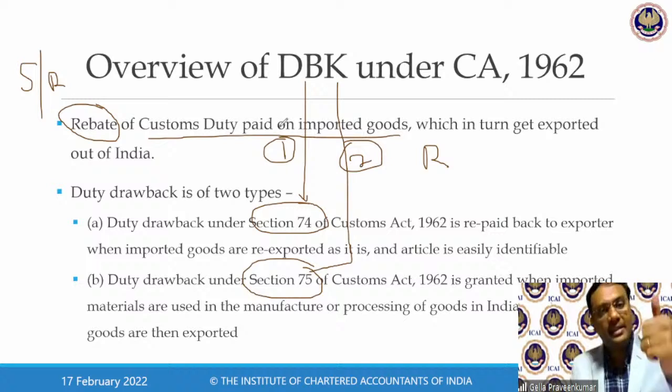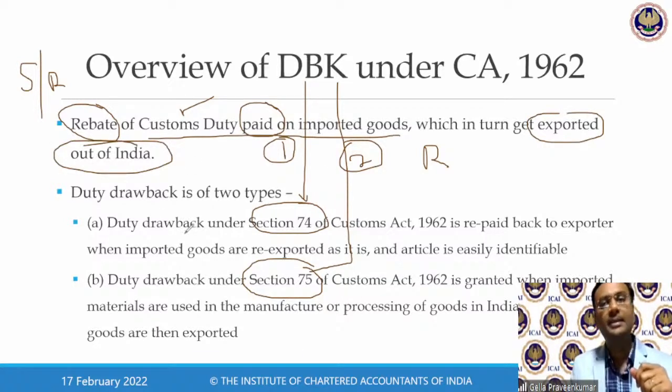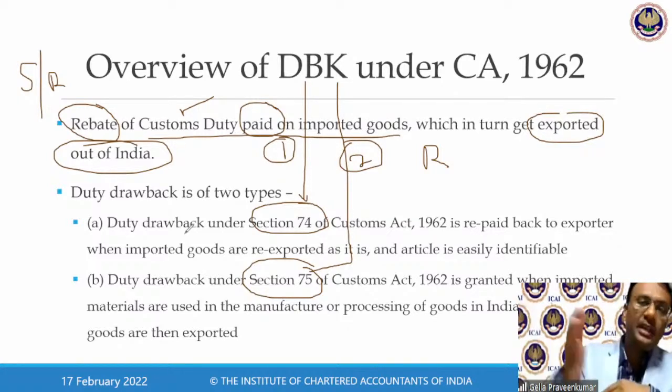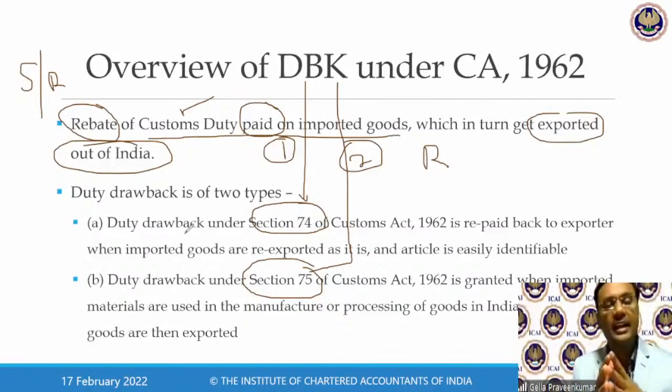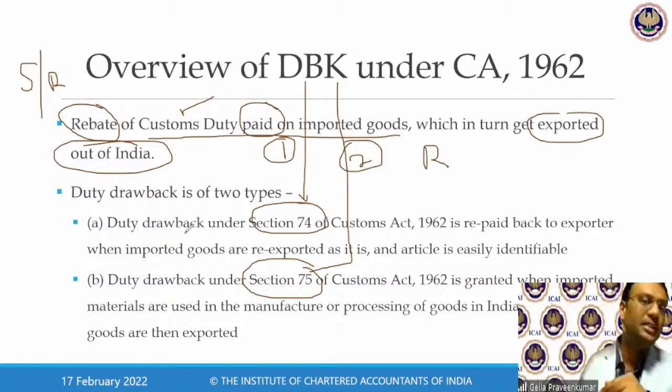So there was an existence of a condition that, sir, I have paid customs duty. When I have paid that customs duty, and those goods which get exported out of India, right? Example, we were talking about this bicycle. A tourist who has visited from Singapore, he has made a cause of entry of goods into India. So what happened here? When he's coming into the premises, that territory of India, assuming that he's coming by a flight, he has to make an entry under section 77 for declaration. This particular entry will be given to this particular pilot, who in turn gives the intimation to the proper officer